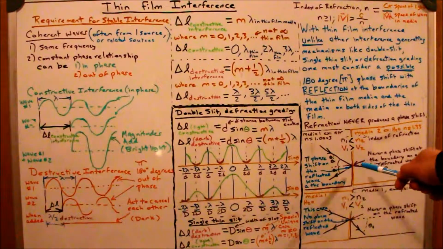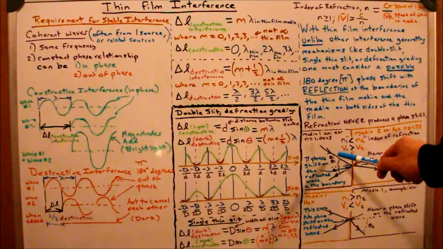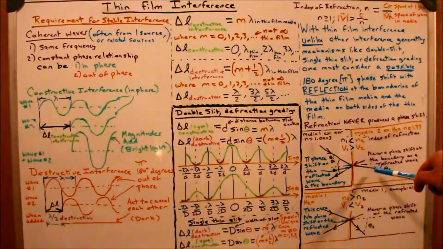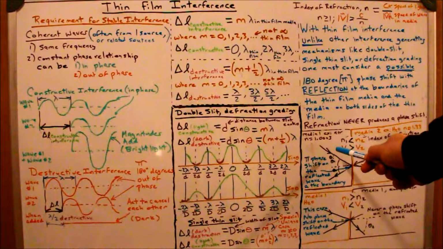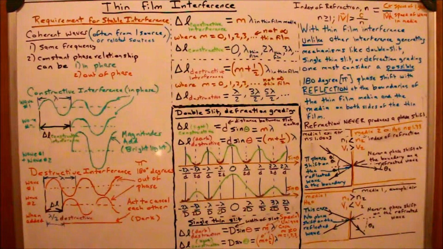The wavelength changes in this new media, but there's no phase change. If it hits at a peak, it just continues on at the peak. The amplitude can change, the wavelength changes, but the phasing of what's refracted doesn't change. But as far as what's reflected, if